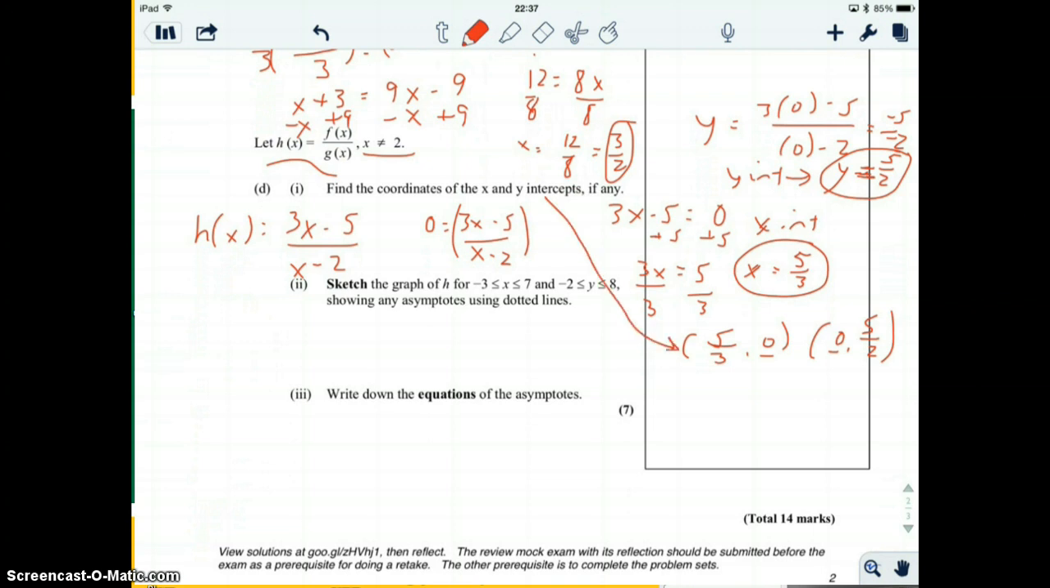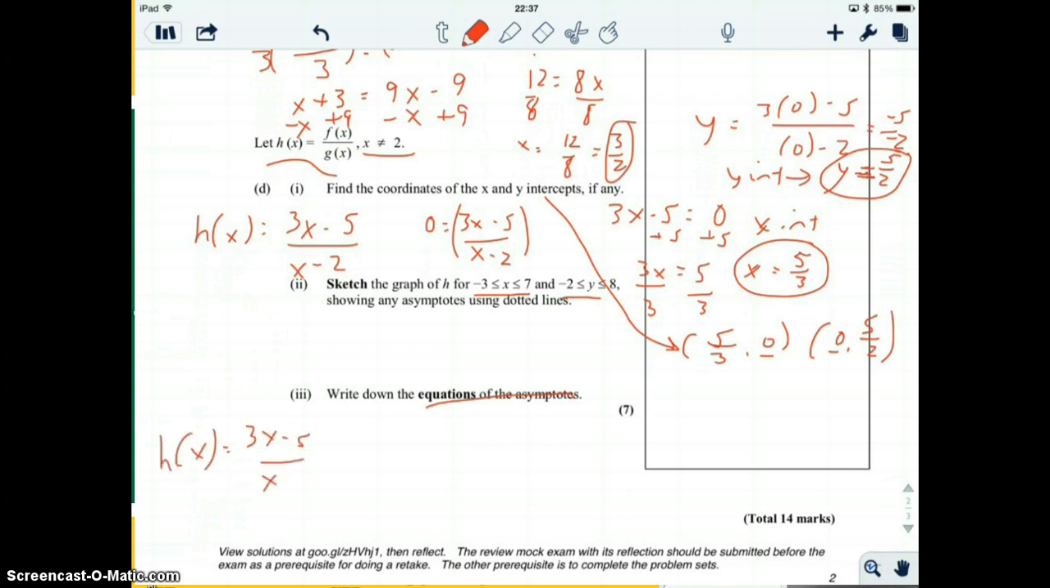Sketch the graph of h for -3 to 7 on x and from -2 to 8 on y, showing the asymptotes using dotted lines. Well, that's a good question. Write down the equation for the asymptote. They ask right after that. How do you find the asymptotes? Okay, well,